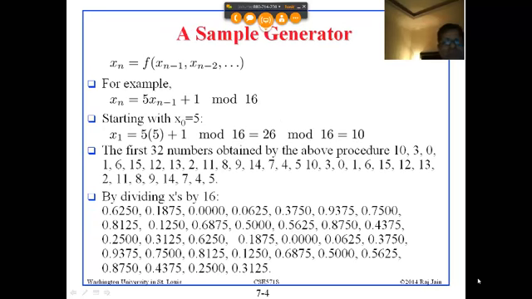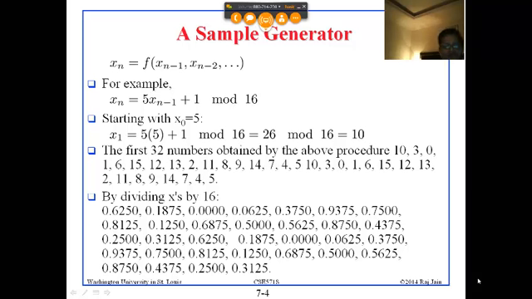Here is a simple example, slide number 7-4. Slide 7-4 basically shows a very simple generator. The generator is xn equals 5 times xn minus 1 plus 1 mod 16. You could take any number of the previous values. So in general, you could take xn minus 1, xn minus 2, xn minus 3, and make some function of them, xn a function of some previous values. A very simple example is you just take xn minus 1, multiply it by 5 and add 1,